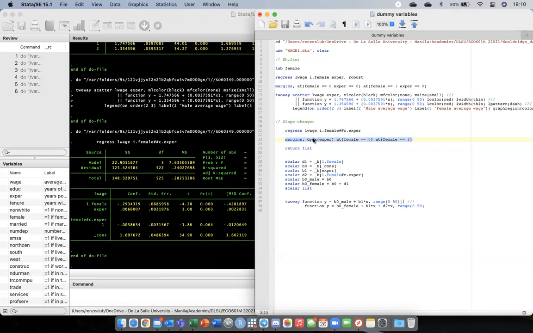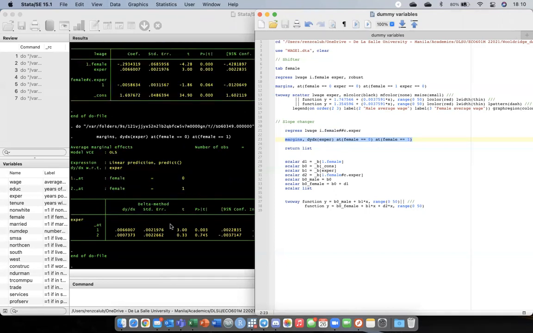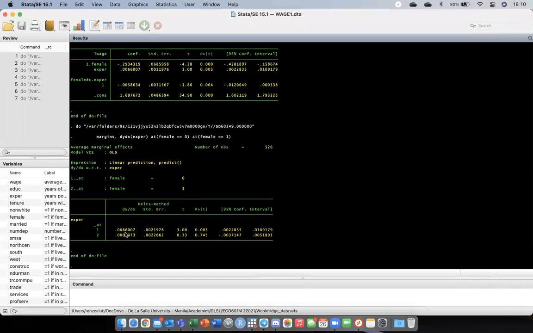And so line 23 generates the marginal effect, so you don't have to compute it manually. You can use margins to check the slope of experience, or the coefficient estimate of experience, between these two groups. Right. So for males, it's exactly identical with the estimate 0.0066, but